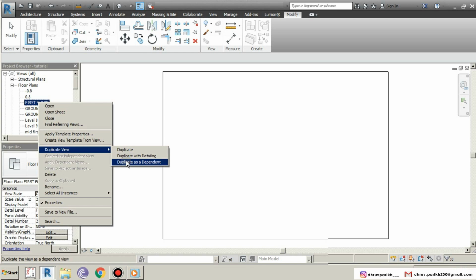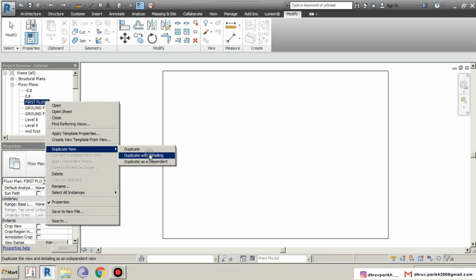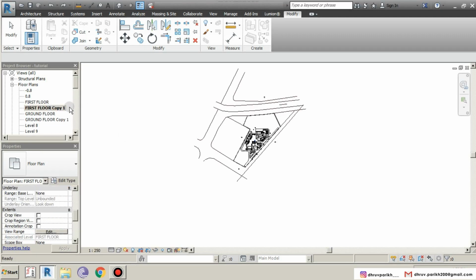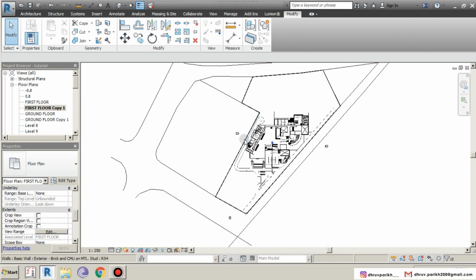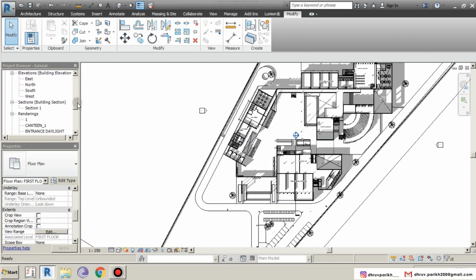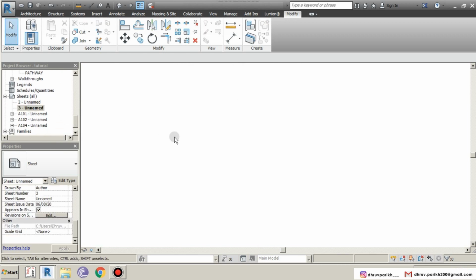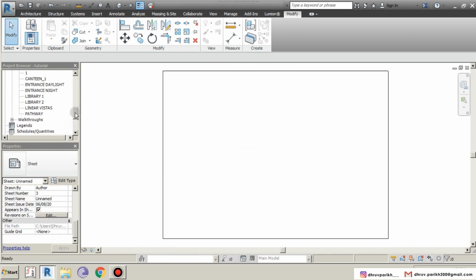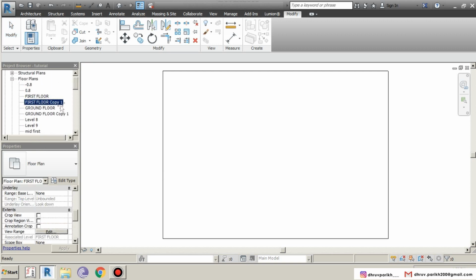When you select duplicate as dependent, then as the name suggests, it creates a dependent view that behaves exactly as a parent view. If you add any annotations to the parent, you will get the annotations on the dependent as well, and vice versa. So I will duplicate with detailing my first floor drawing. Now let's go to our sheet. And from the project browser, drag this first floor duplicated view into the sheet